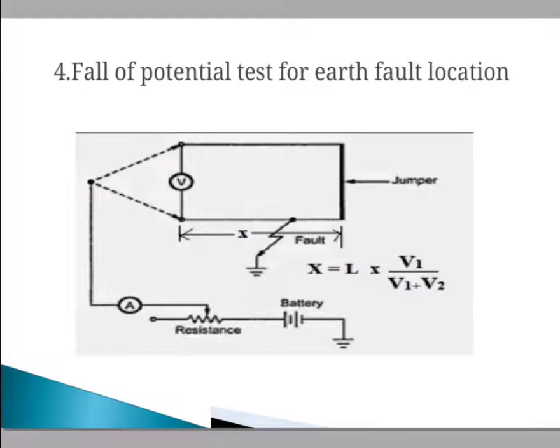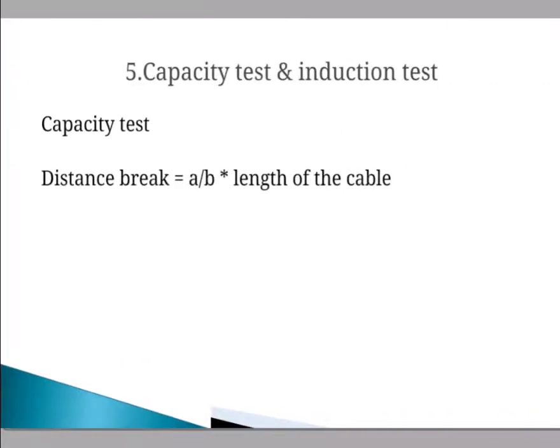See, at one end a jumper is present. Above the jumper there is a sound cable, which is nothing but the good cable, and below the jumper there is a faulty cable having some resistance, and the fault occurs on that faulty cable. During this test, the value of current should be maintained properly in the circuit with the help of the resistance.